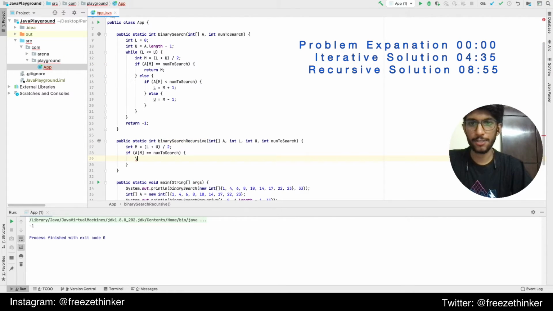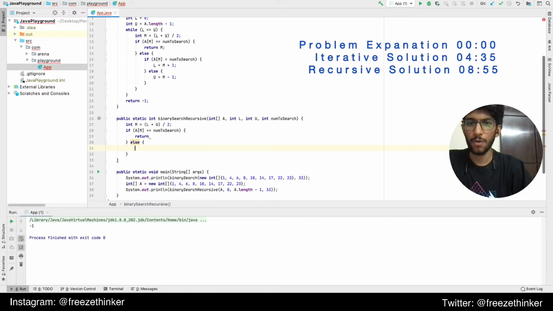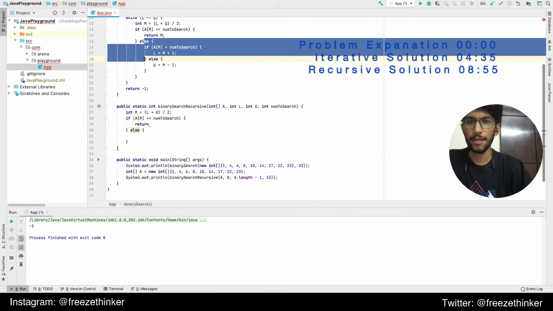And in case this does not meet, if it is equal, we can return from this loop itself directly, because we know that we've found the element. Otherwise, in the else block, we have this implemented here, right?